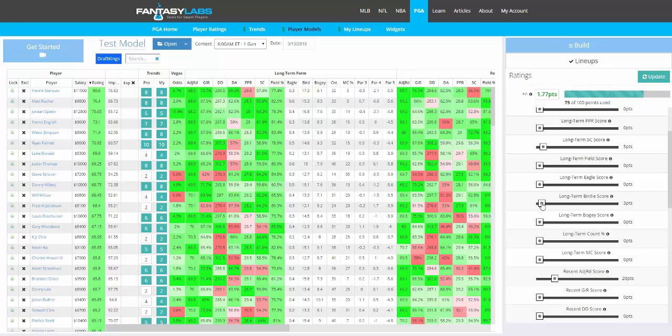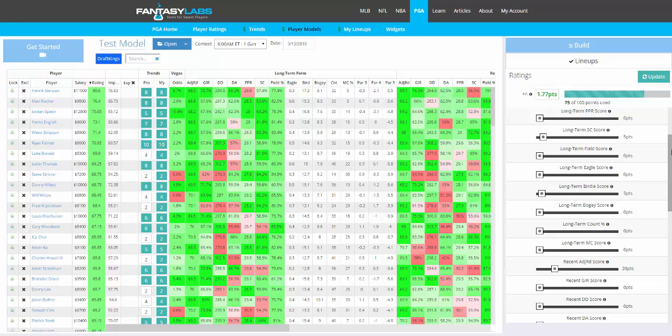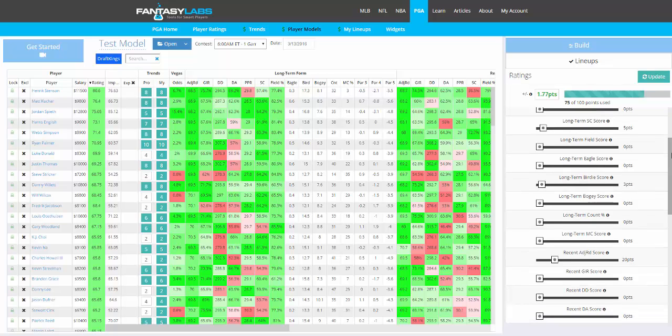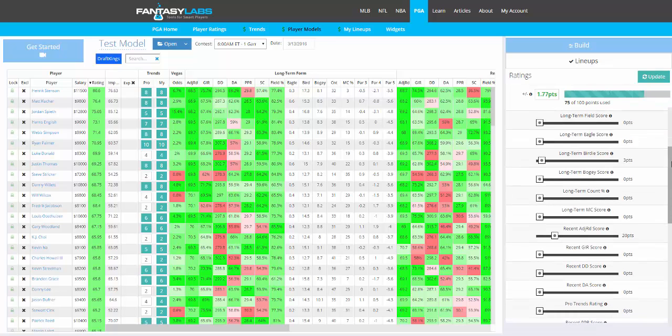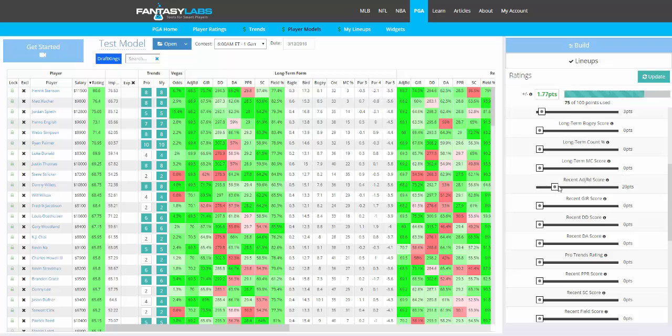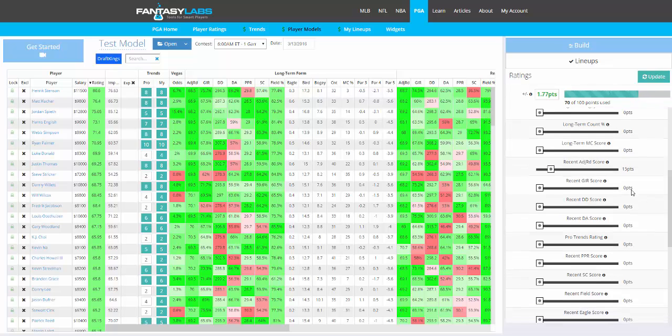Birdie score, so guys who, obviously some golfers are going to be better than others, but some are also naturally more conservative, so they'll have more pars, whereas some volatile golfers, which is really what you want in fantasy, so you can get those birdies, will have a wider distribution where they have more birdies but also more bogeys, which is actually preferable to all pars. So weighing those stats heavily, you can do it over recent adjusted round, recent greens in regulation, recent